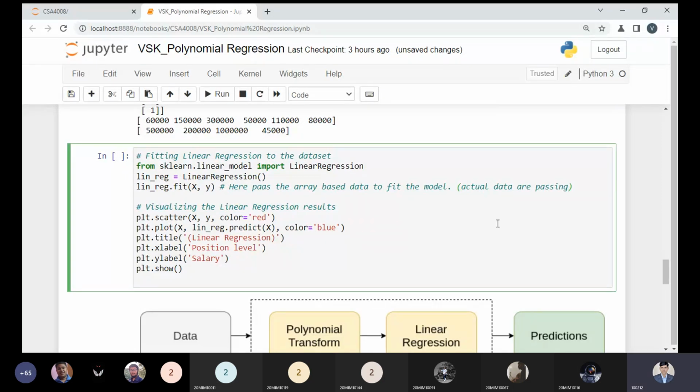Now I'm visualizing the linear regression results with the help of a scatter graph and a plot. This is the object we will use to plot the predictions. lin_reg is the name of the object, and with the help of the predict method, it will display the line, which is the predicted line, and this is used only for the predicted line.